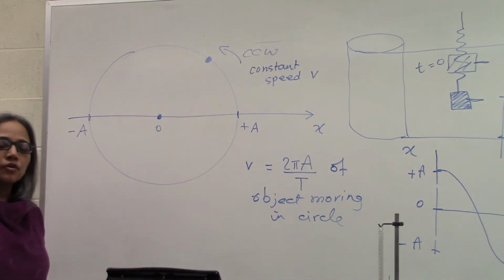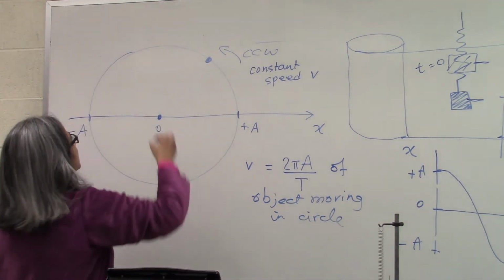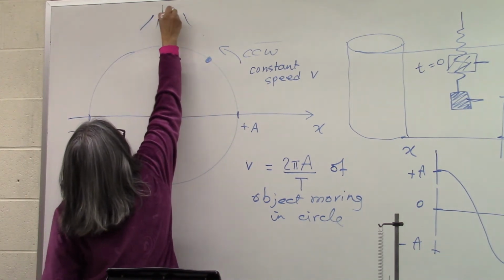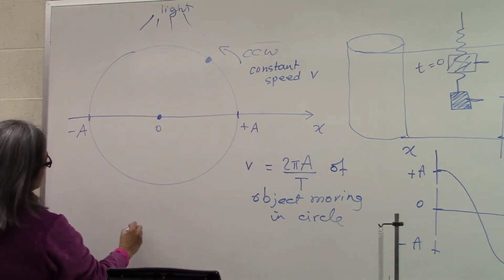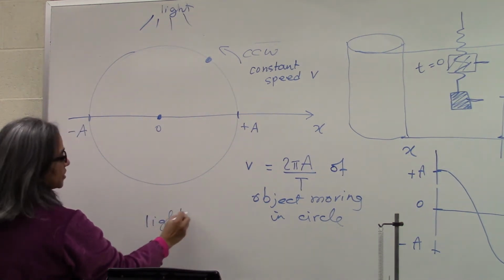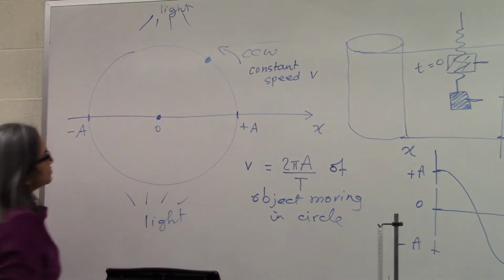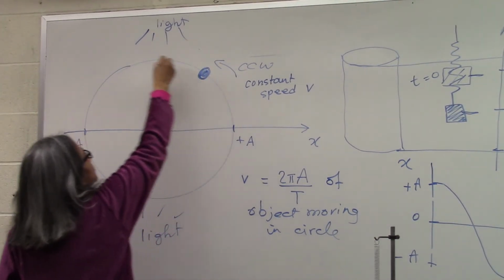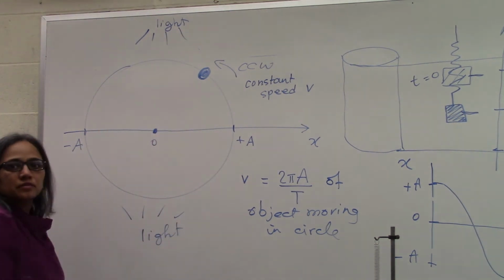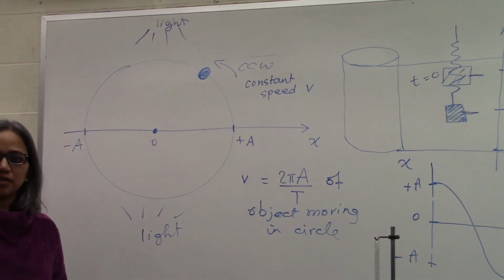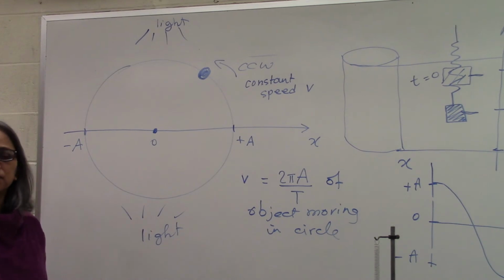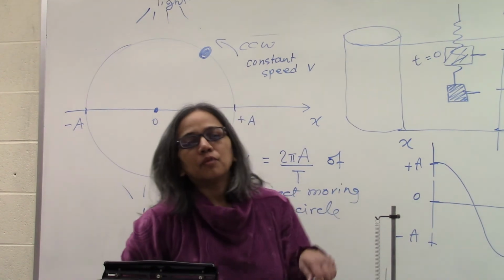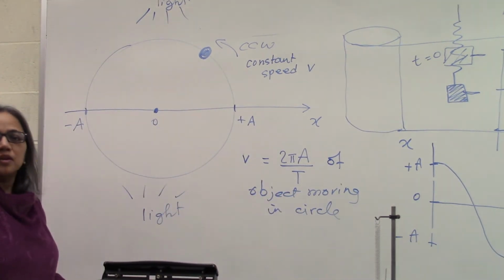Okay, so now I want you to imagine that there's a light shining from this direction, and also a light shining from the bottom like this, so that as this object moves steadily in the circle, its shadow is cast on the x-axis. Okay, so mathematically we'd say we're looking at the projection of the object on the x-axis, but there's a more